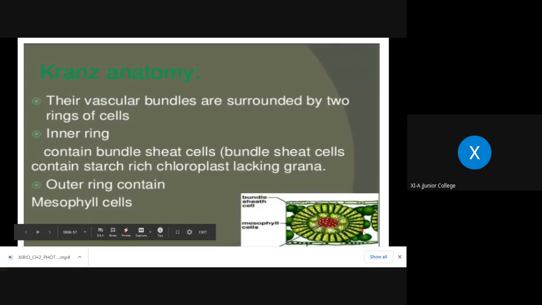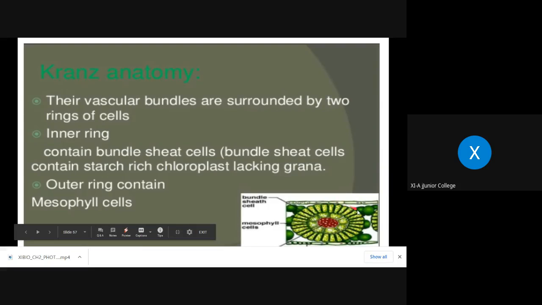Now in general, in the anatomy of a leaf, you can see the palisade cells. These are the palisade cells with the spaces in between. They are elongated cells. Actually these palisade cells, parenchymal cells, are present in normal C3 or any other type of plants. But this is the anatomical adaptation shown by C4 plants, that the mesophyll doesn't show palisade type of parenchyma, rather it covers the bundle sheath cells, forming a ring-like structure.